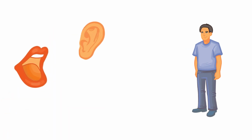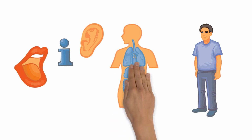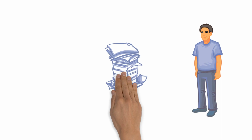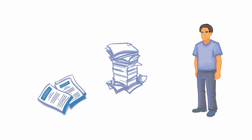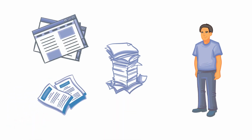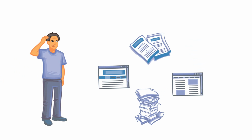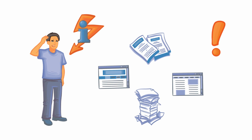Joe has been bombarded with information about the ways his diabetes could affect other aspects of his health. There are literally hundreds of sources, from leaflets at the clinic and hospital to entire websites devoted to the issue. Joe can't possibly read everything and finds all the advice overwhelming. Due to this information overload, Joe has missed some important stuff. He may not even know that he could suffer vision deterioration or even loss if he does not manage his